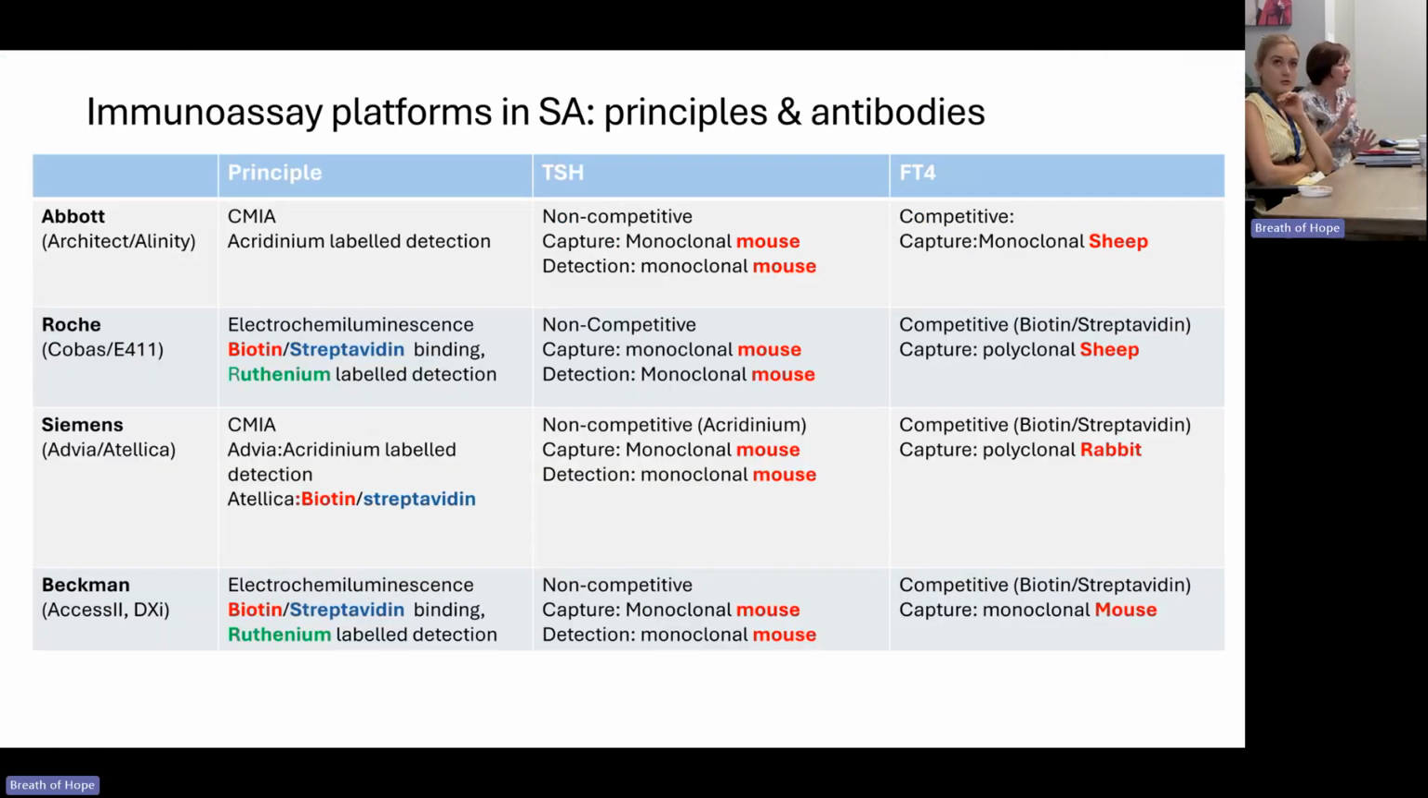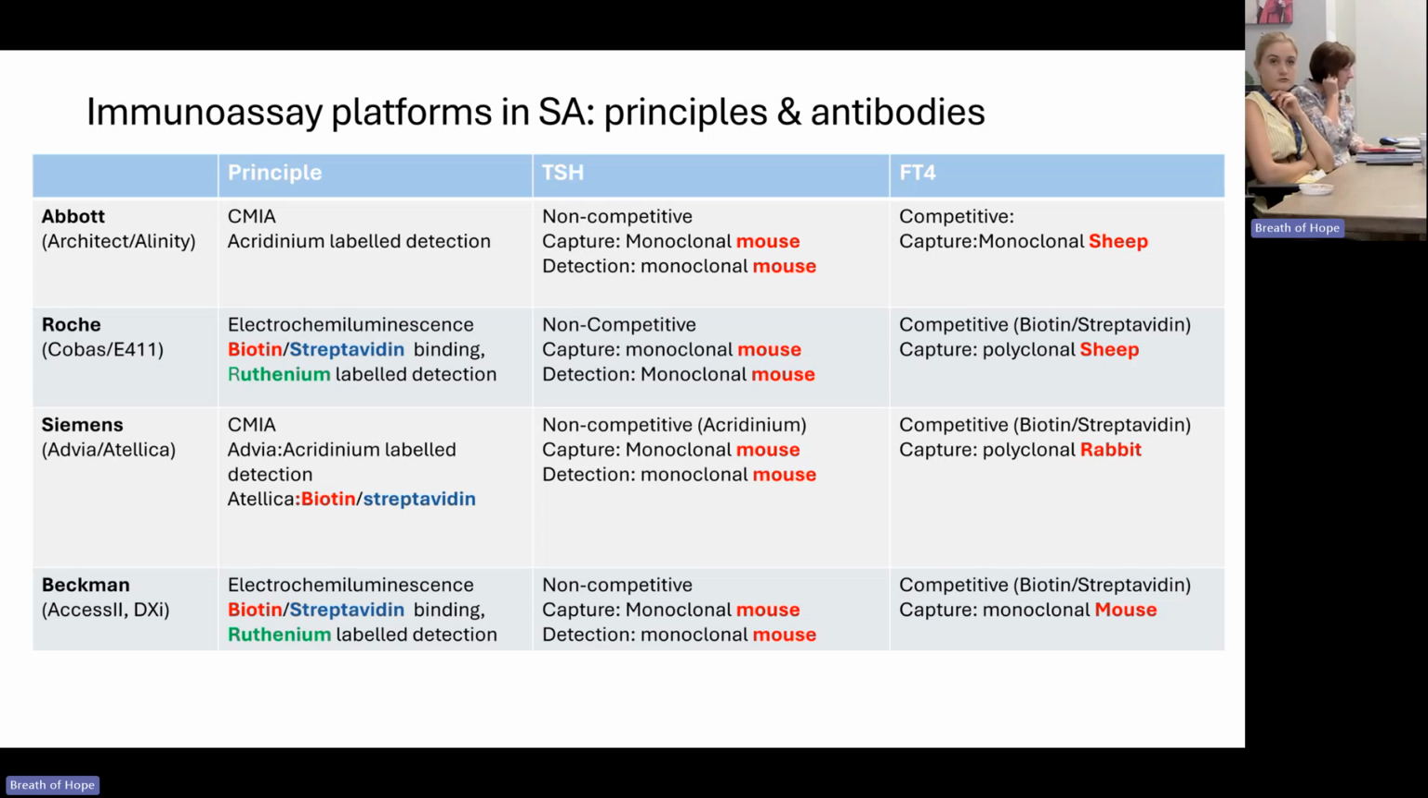I'm not going to go into too much detail on this table, but just to give you an idea of the immunoassay platforms that are used in South Africa. The bigger labs, the NHLS, will all be using some form or other of these platforms: the Abbott, Roche, Siemens, and Beckman. If we look at the principle, you can see that the Abbott and the Siemens Advia methods use acridinium-labeled detection, not biotin-streptavidin,